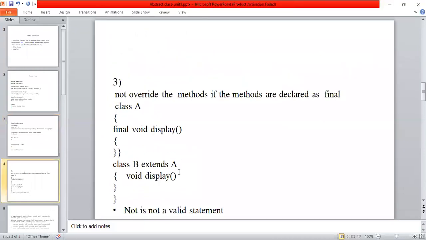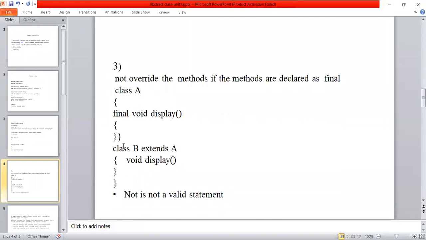The third advantage of the final keyword is that we cannot override the method. Suppose I have a class called A, and in this class A I have a method called display method. This display method is of final type. And I have one more class B, which extends A class.